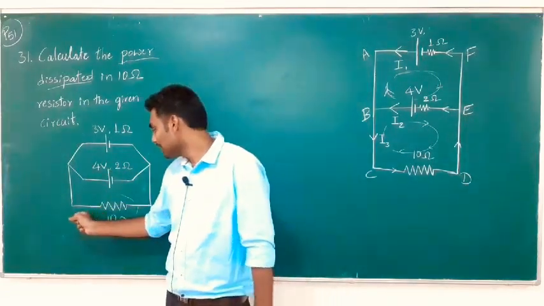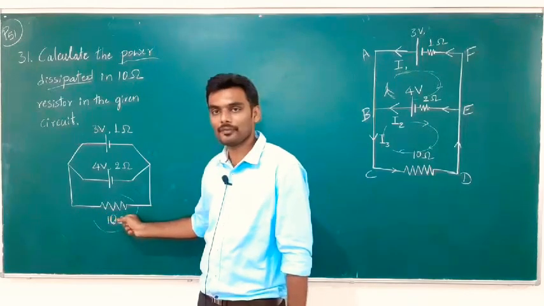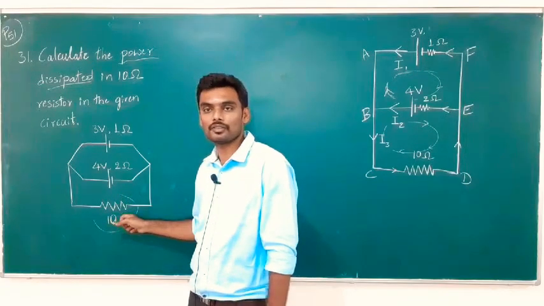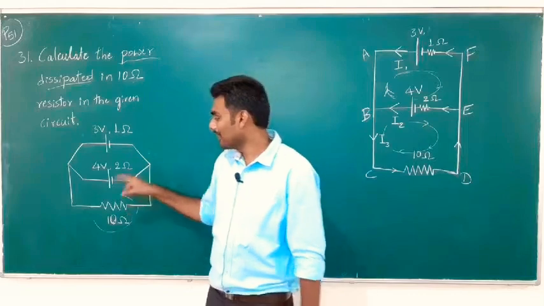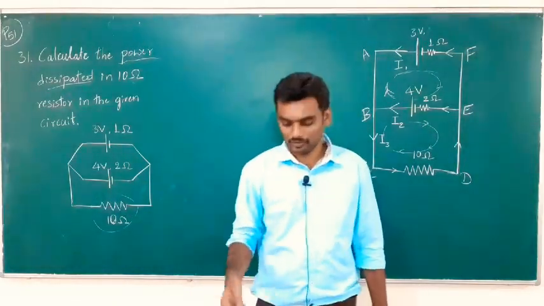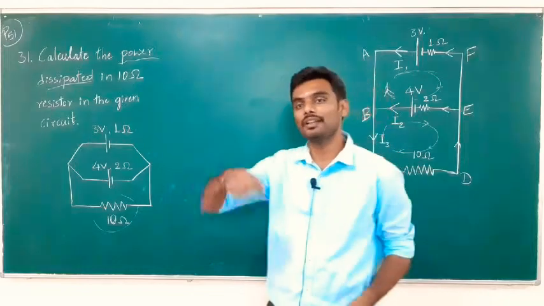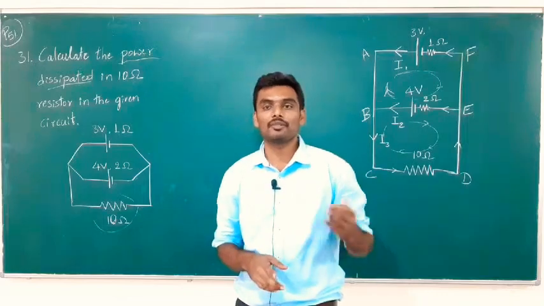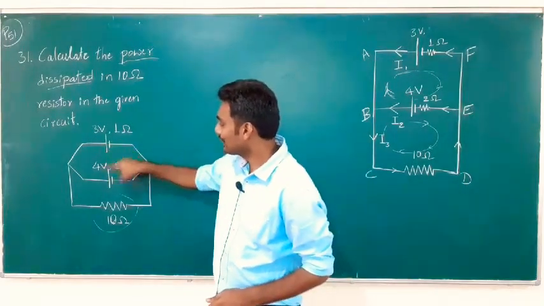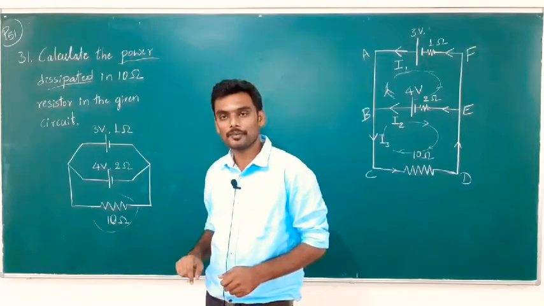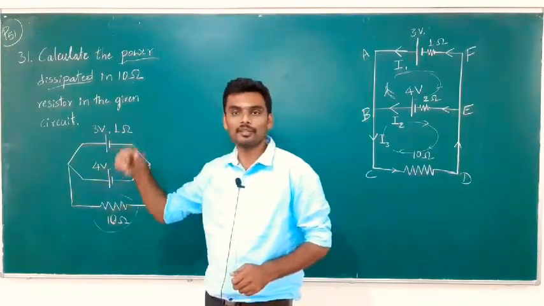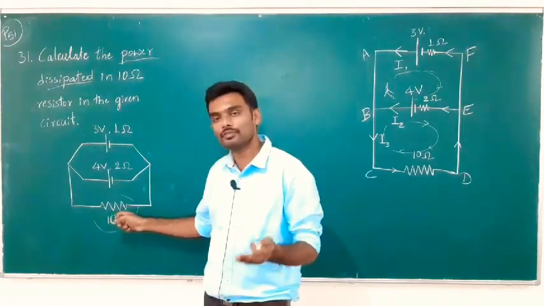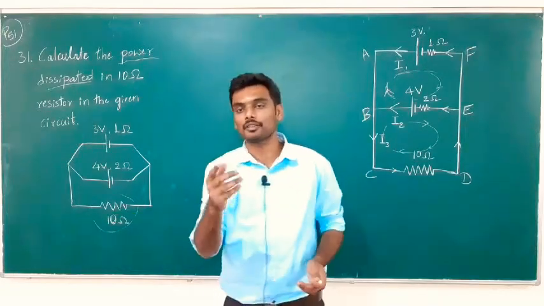So now my intention is to get the current through this resistor. If I get the current through this resistor, then I can easily get the power dissipated in this resistor. So we have two methods to solve this. One is Kirchhoff's voltage law, the similar way how we did in the last session, last problem, 30th. And the other is we can make use of combination of cells to get the equivalent EMF and equivalent internal resistance, and hence the current I is equal to E by R plus r. You can make use of that to get the value of I, and hence you can get the power dissipated. You have to do that.